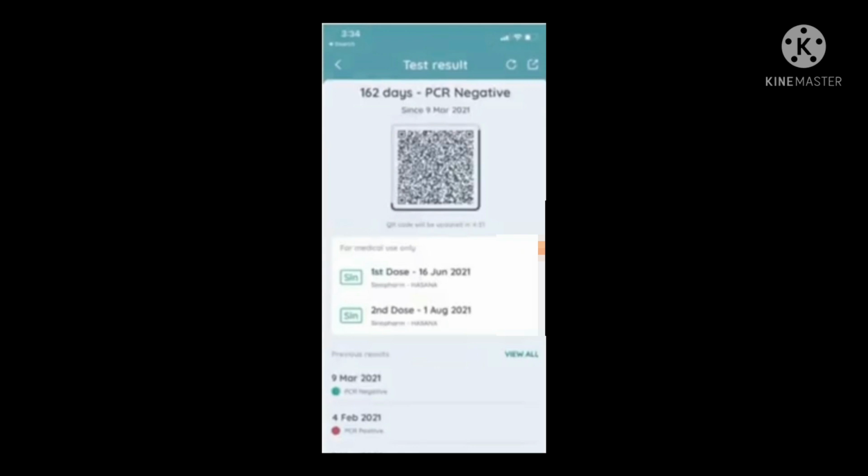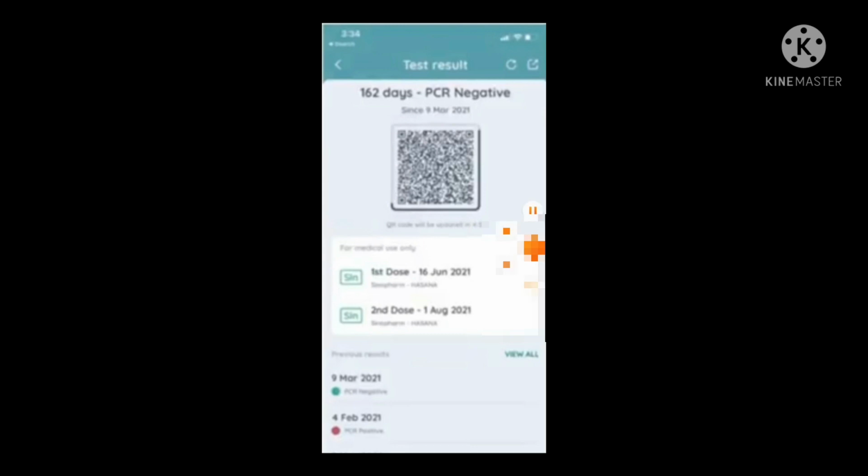If you travel from Abu Dhabi to any other city, or from any other city to Abu Dhabi or Dubai, you should have your Al Hosn app always green. They will allow you to travel. So this is the main important thing.